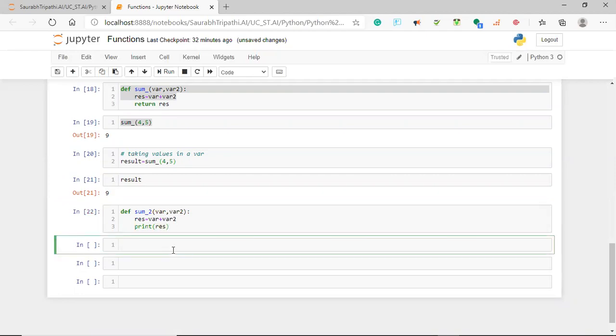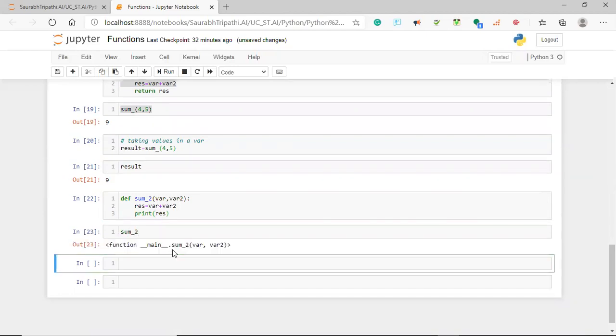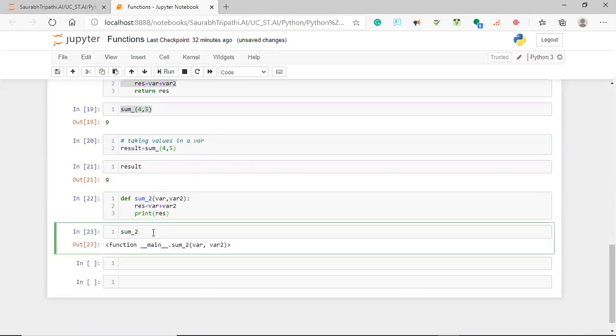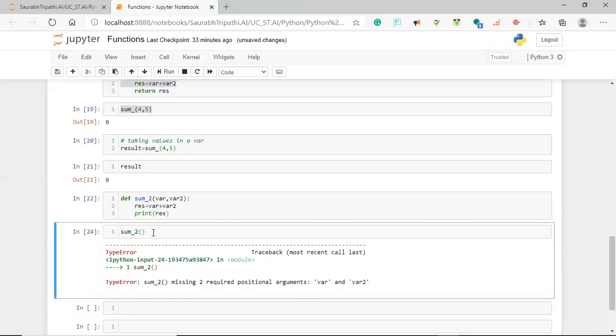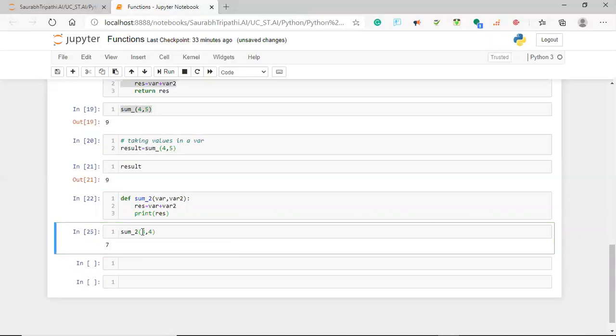Now when we call this function, sum_2, without parentheses, we get the simple memory location, basically the method name. Now when we use parentheses, we got this. Once again, I have not passed the values. Once again, guys, we have to pass two values like this.